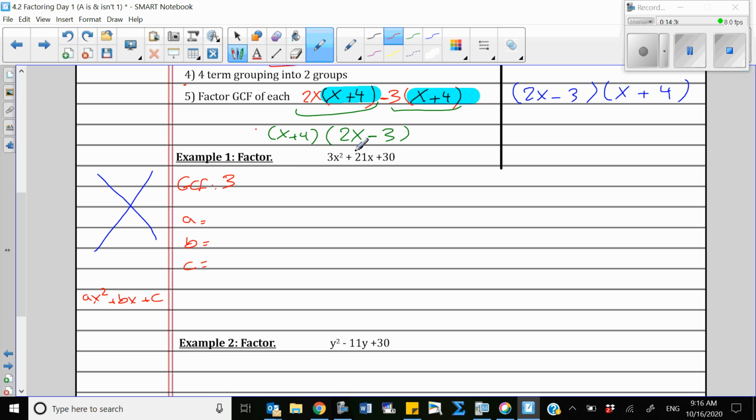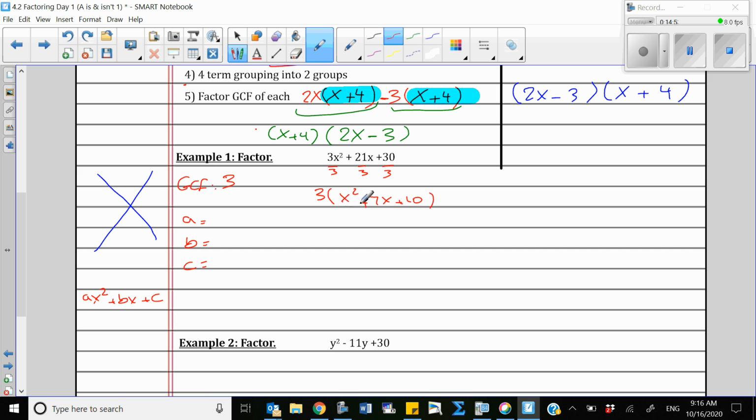Now I need to factor the 3 out. So if I factor the 3, I need to divide all these terms by 3. 3x squared by 3 is x squared. 21x divided by 3 is 7x. And 30 divided by 3 is 10. Okay, now I have a